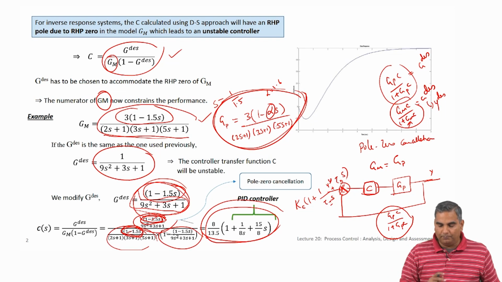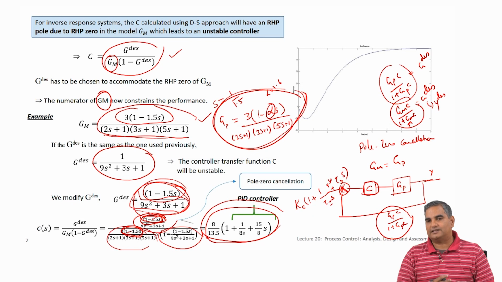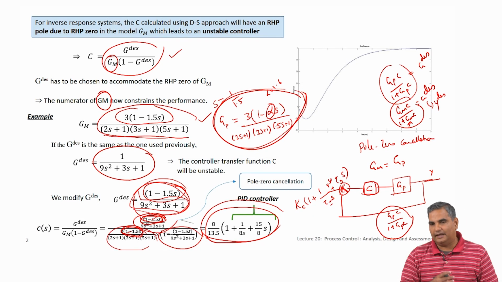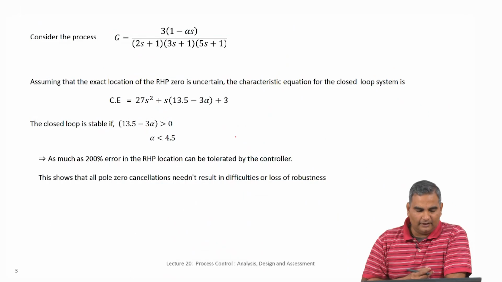I am going to show this to you, but it is important to take a step back and think about this and understand this well, so that we think about these pole zero cancellations and when they will have an effect, when they will not have an effect. Here, clearly I will show you it is not a big problem, but there is a case where you will see that these pole zero cancellations could have a big effect on the stability and the robustness of the closed loop. Okay. So, we will get to that later.